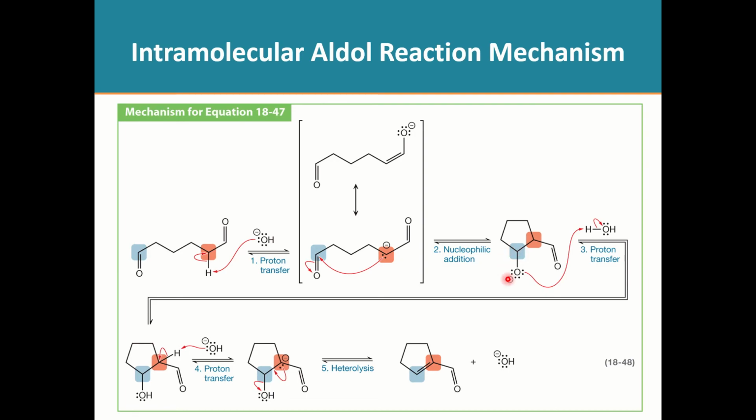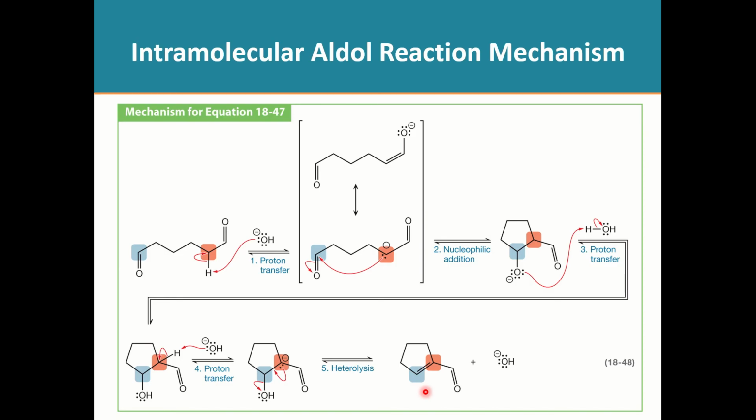And then you can see we form an alkoxide, we do a proton transfer. We then take off the alpha proton, form another enolate. The enolate comes in, collapses down, kicks off the OH in an E1CB mechanism to form our alpha beta unsaturated aldehyde. Right there, there's our product. Pretty slick. Now when you have a linear molecule,